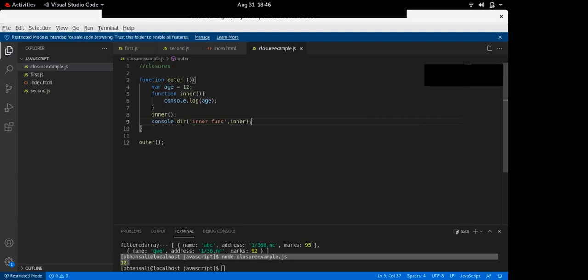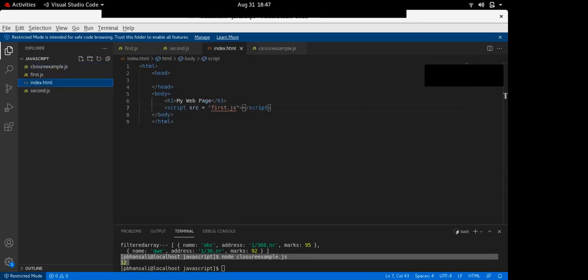I have told you in the previous classes that whenever you want to see a function body, you can use console.dir. Whenever you want to print the body of a function, you can use console.dir, and this will work when you work with the browser.